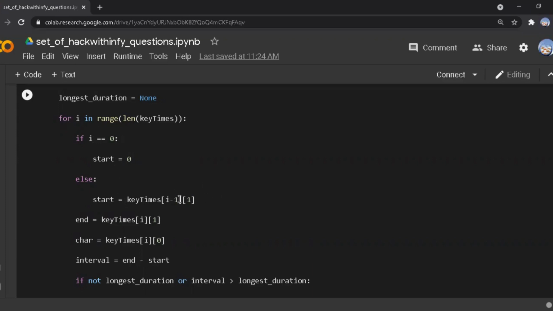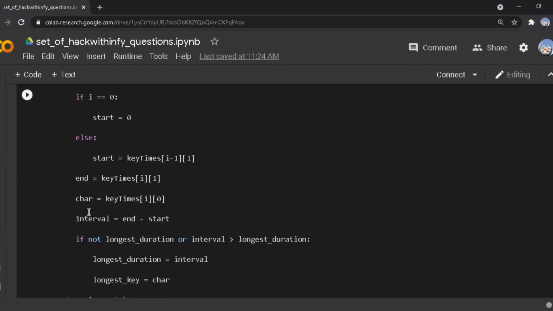Otherwise the start time is key times[i-1][1], and the end time is key times[i][1]. If we used i minus 1 for the first key, it would be minus 1, and there is no value for key times[-1][1], so that is wrong. That's why we split it into an if part and an else part. For the end, there is only key times[i][1]. Then the character is key times[i][0]. If we subtract these two, we get the interval.